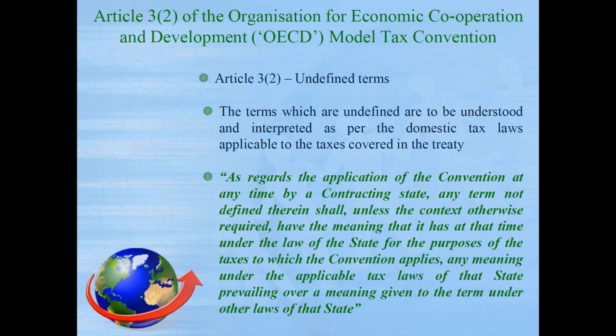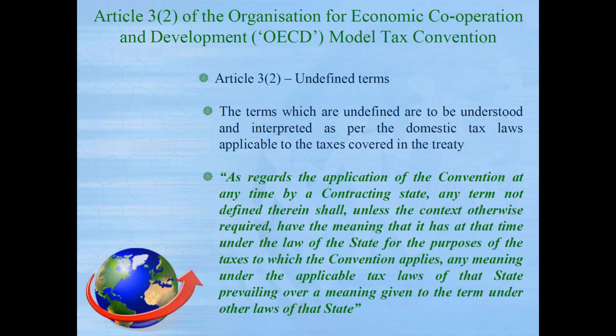Article 3.2 is the most important article, I can say, in the tax treaties and in the OECD Model Tax Convention. While framing a tax treaty, there are three model conventions, based on how the treaty needs to be framed: the OECD, the UN Model Convention and the US Model Convention. So the OECD Model Convention in Article 3.2 says if there are some undefined terms, then it can be understood